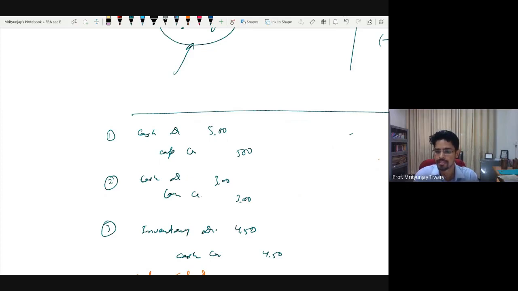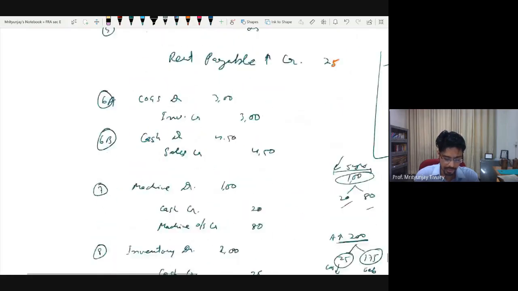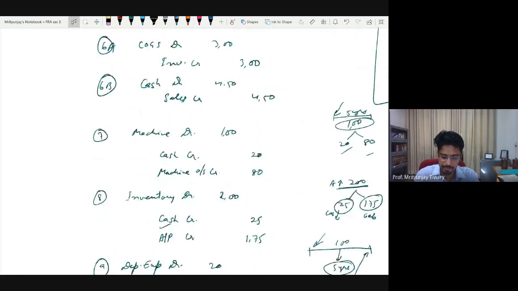If nothing is mentioned, then what would you do? Any idea what we would do? Can anybody take an attempt at this? You guys understood what I am asking? I am asking that at the time of the loan, let's say the only information given was that the loan carries an interest of 6%, and after that, no information about interest anywhere. What do we do? That's the question I'm asking.